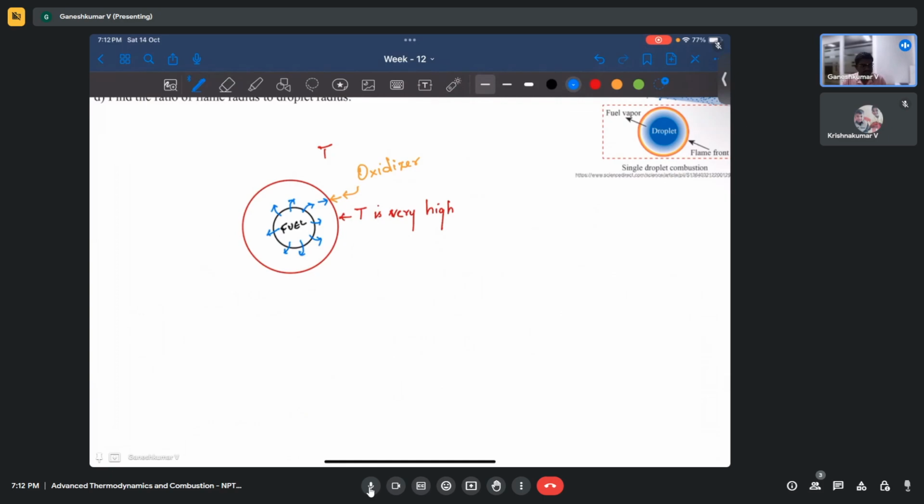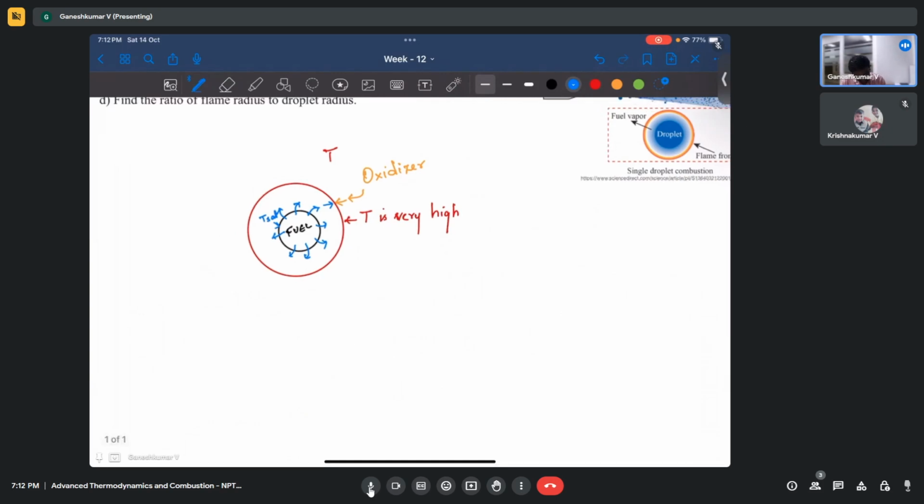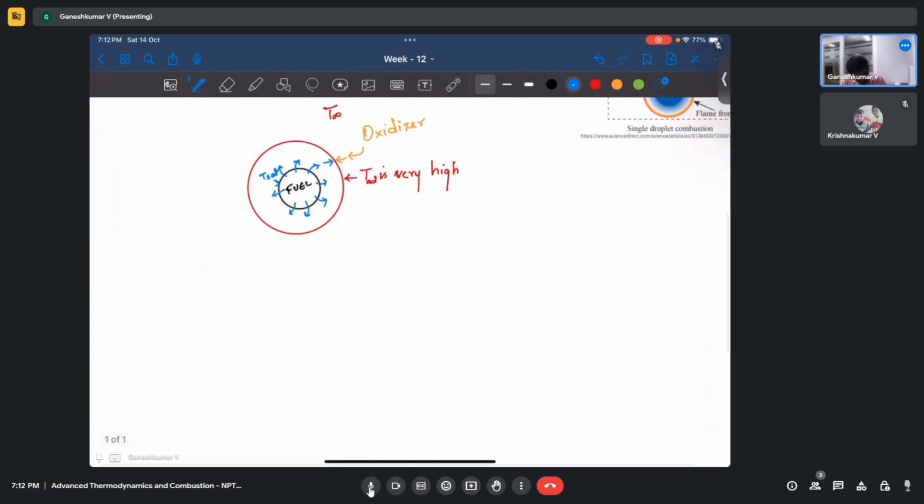So phase change happens at saturation temperature. So this will be at, let's say, T sat. And now what we see is we have a very high temperature over here. Let's say we call it T adiabatic. Okay, and let's say this is some temperature T infinity, and what you see here is, if I try to draw it as, let's say, an R axis.